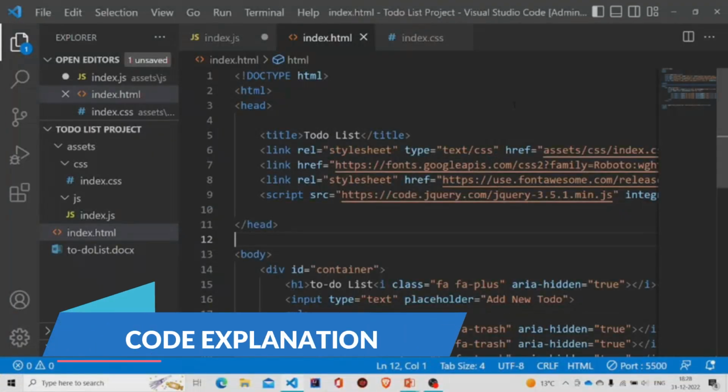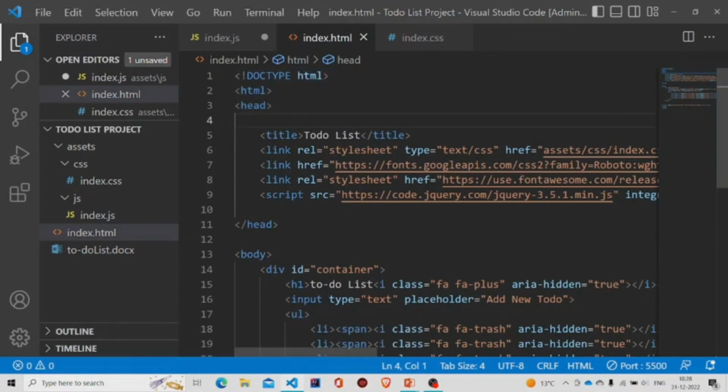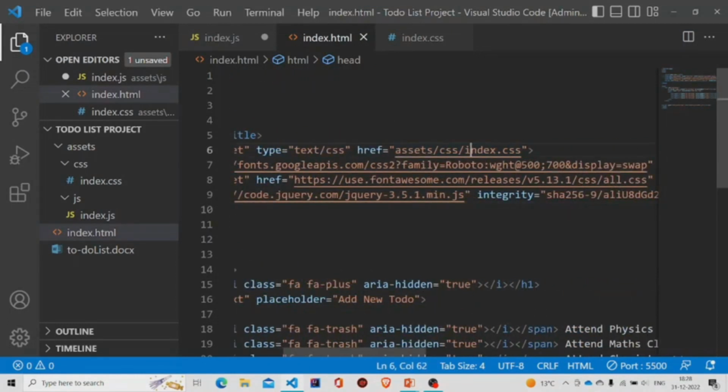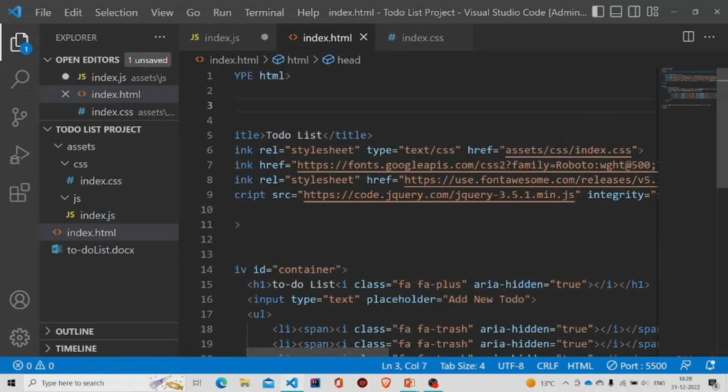Here is the HTML file. This is the basic structure of HTML. I have added the title as to-do list and these are some links. Now starting with this link, this is the CSS file which I have attached. This is present in the assets folder. Now I have also added the Google APIs fonts